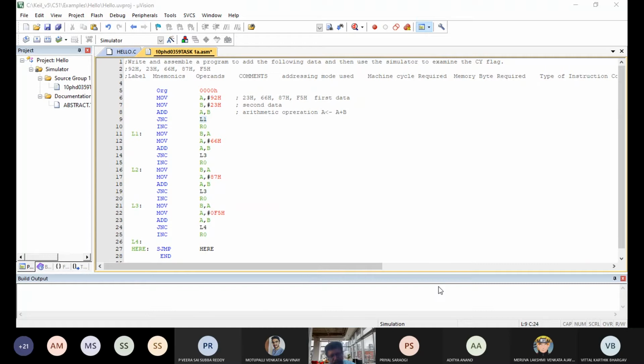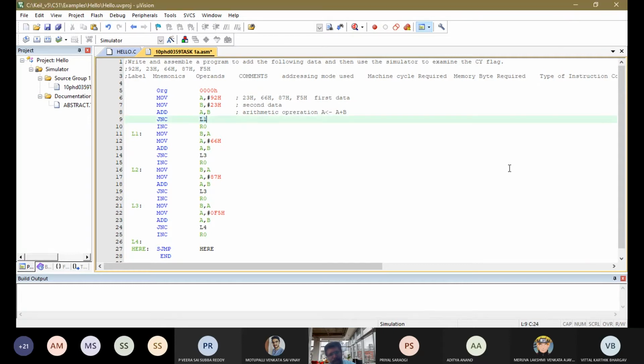92 and 23. You will get B5 as the hexadecimal result. Exact result will be B5. Therefore, no carry generation. It will exclude this line, it will not increment R0, and it will go to the line L1.